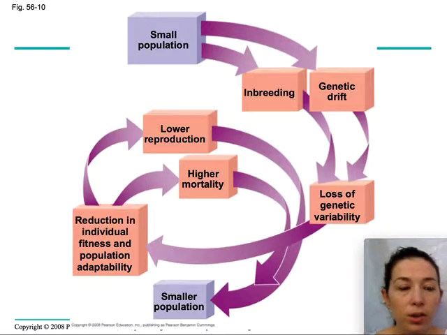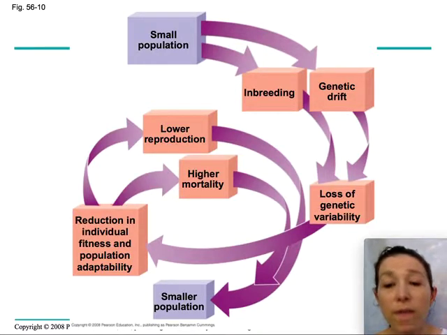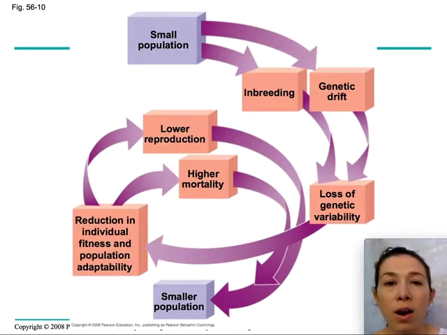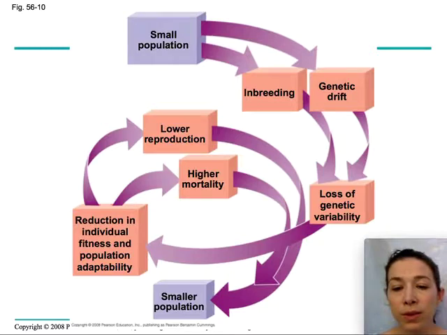So let's look at a cartoon of that extinction vortex. If you have a very small population, there's a lot of inbreeding and a lot of genetic drift, and that might not necessarily be a good thing, right? Genetic drift might introduce a lot of features that are not well adapted to the environment. And the smaller the population gets, the less genetic variability there is. So the individuals are going to be less adapted to their environment. There's going to be a reduction in fitness, lower reproduction, higher mortality, and the population is going to get even